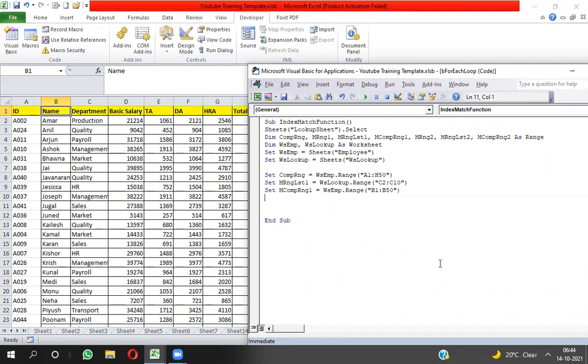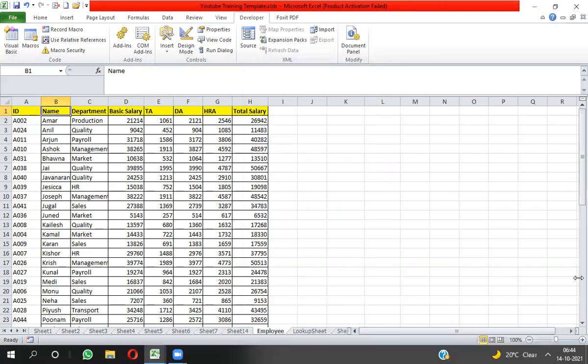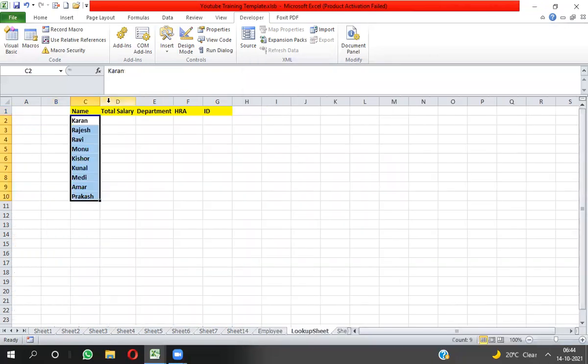Now I have to set two more variables. Actually, this variable I have to use in For Each, and this variable I have to use in the second match. So I'm taking here Set mRngLst2 equal to the range. I have to set this range, D1 to G1.